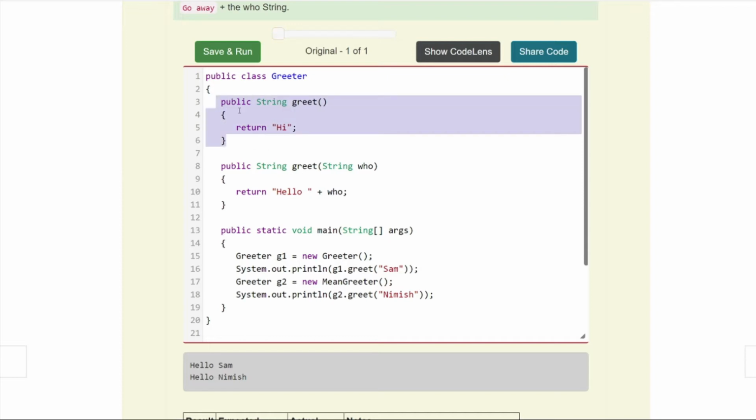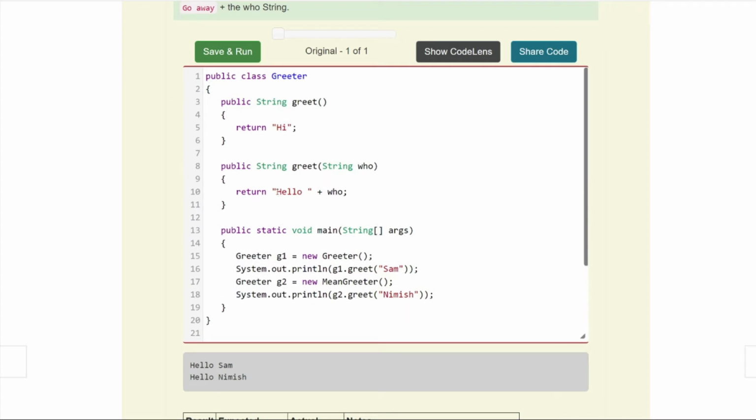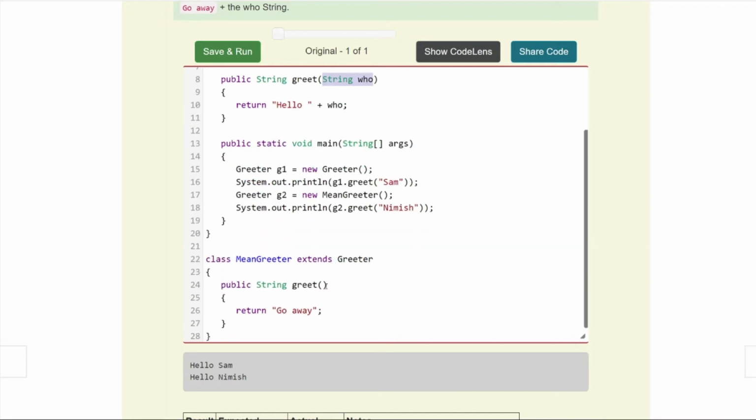Well, if you look up here, we are just overriding this one right here, right? Greet, the one without the parameters. Remember, it has to be exact. That means when we come down here, what do we actually want to do? Well, greet down here is ultimately what's going to print off. What we want to do is override this. So we need to come down here and